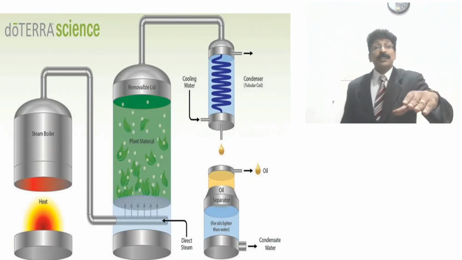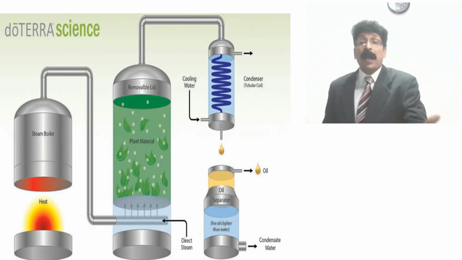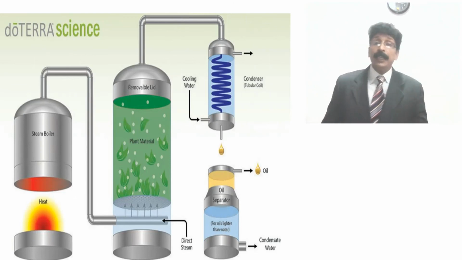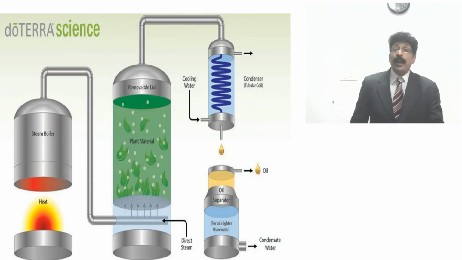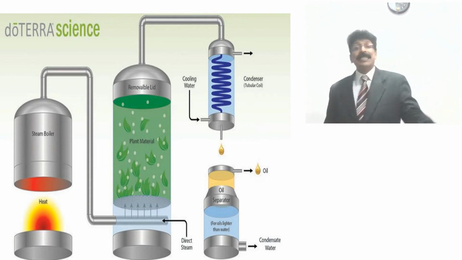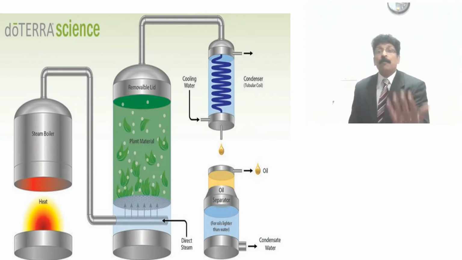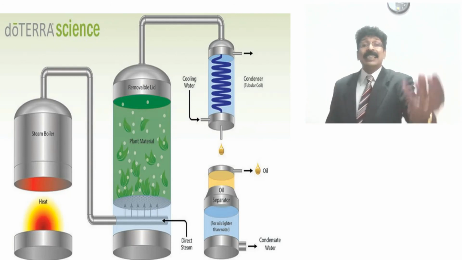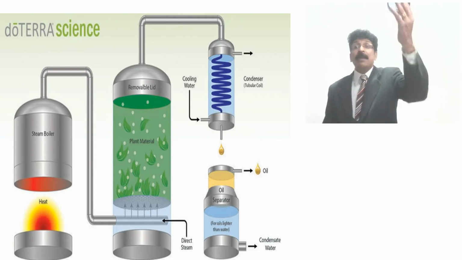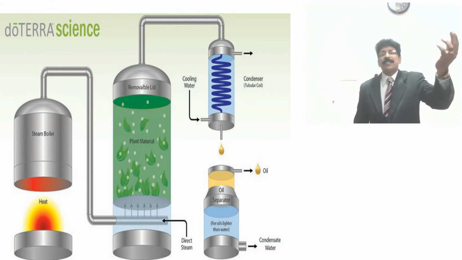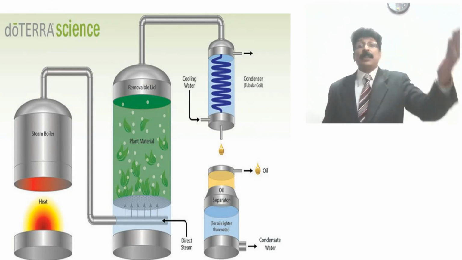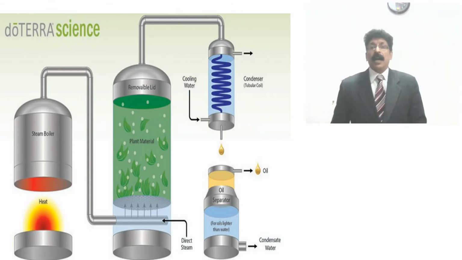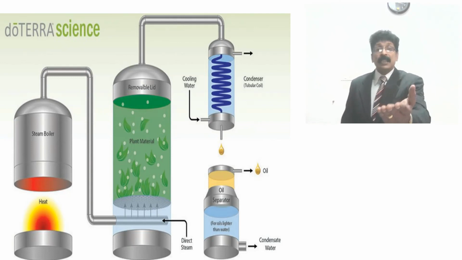There are green plant materials kept here. In this area, water is boiled, and the steam is connected to a spray from the bottom of the plant material, and then the evaporated steam and the volatile components taken from the plant material come to the condenser and are condensed, and there we can see the oil and the water get